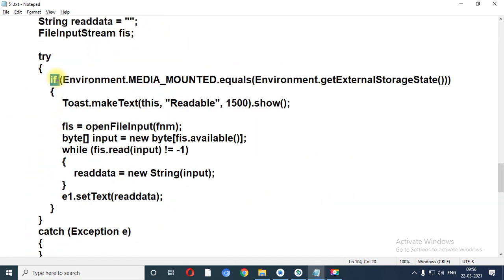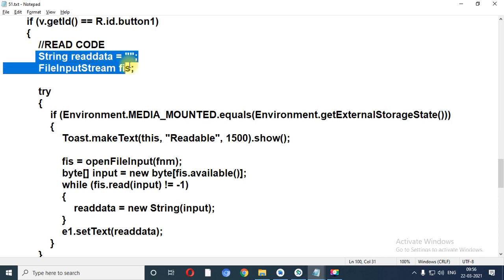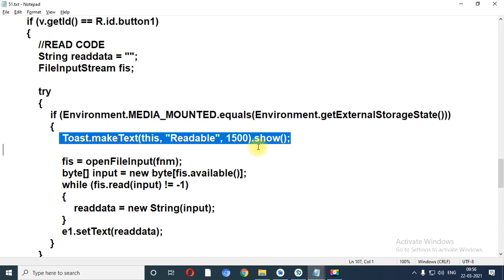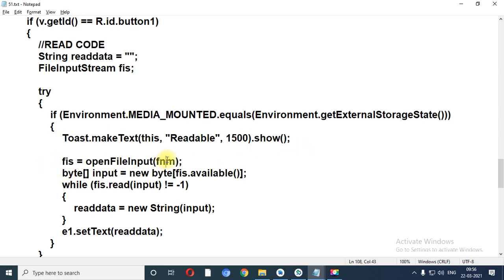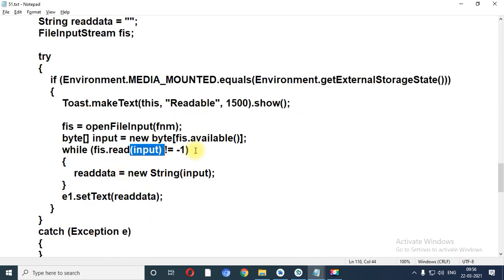Similarly, for the read operation, this task we have already performed in the previous program. Readable, then FIS, the FileInputStream, the object of byte class. Byte is not equal to -1. -1 is the case when your cursor is at the end of the file, or if your file does not contain any data. In that case reading is not possible, but if your file contains data, at that time it is in the form of bytes.